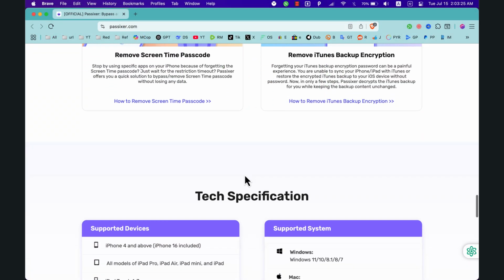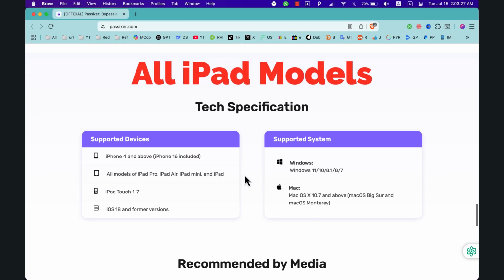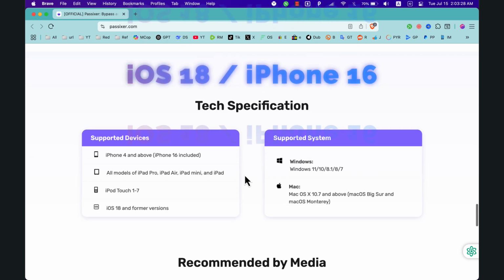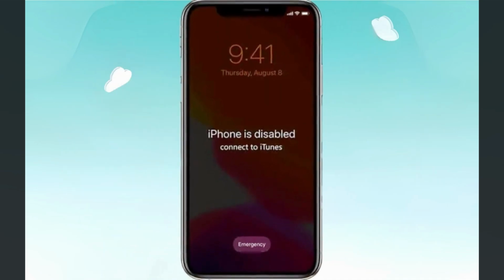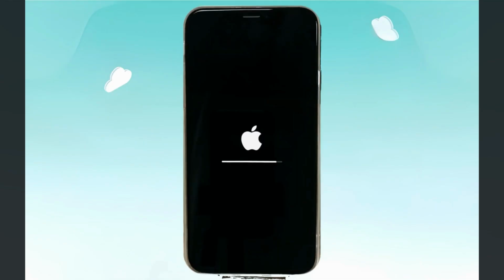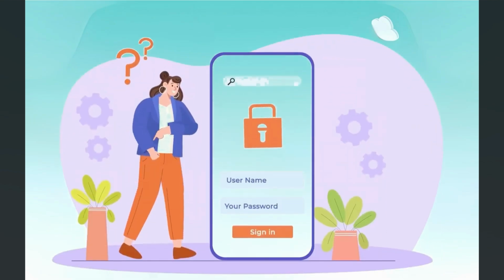Now let's talk about the supported devices. Passixer supports all iPhones and iPad models, including the latest iOS 18 and iPhone 16 series. It works for situations like iPhone is disabled, forgot iPhone passcode, stuck in MDM lock, or purchased a second-hand iPhone